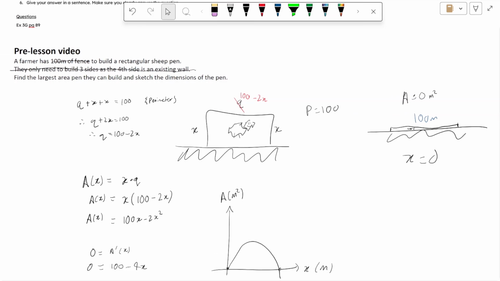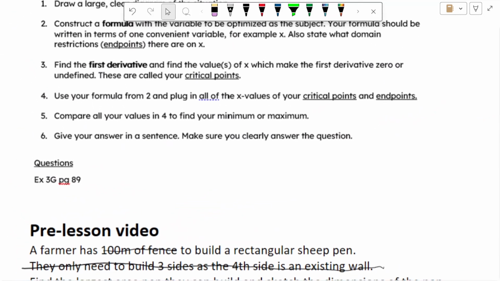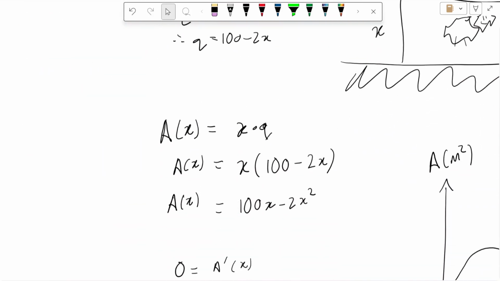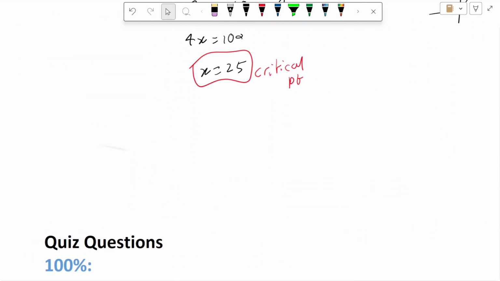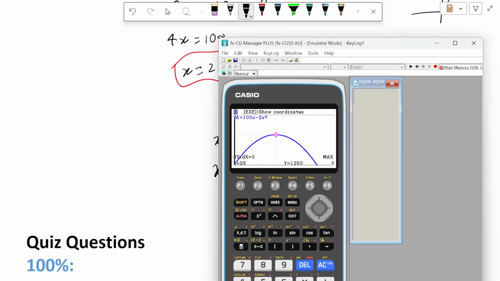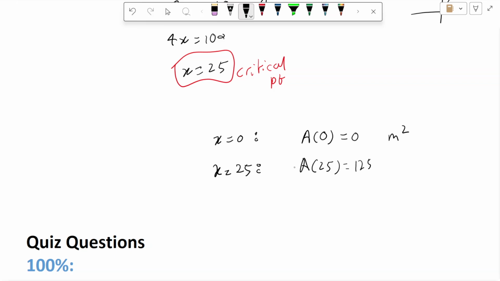All right. So we've done all this stuff. We've found our critical points. Use your formula from 2 and plug in all the x values of your critical points and your endpoints. So you have to do both. So x equals 0. That's the first point we're going to plug in. A of 0 is 0 meters squared. X equals 25. Area at 25 is, now we already found it before. It's 1,250. And x is 50. The area at 50